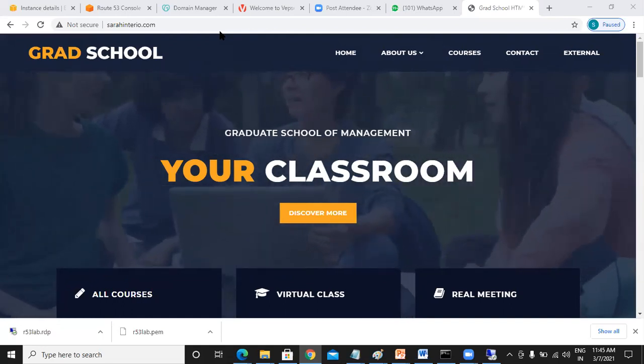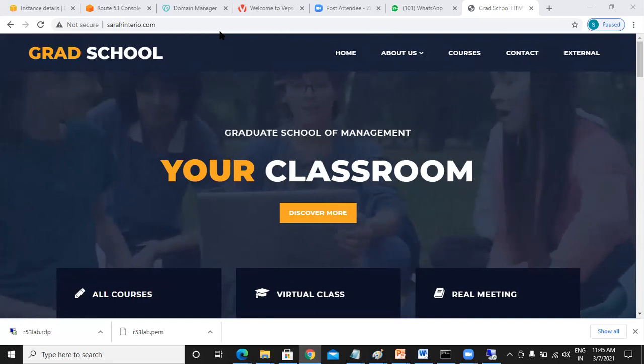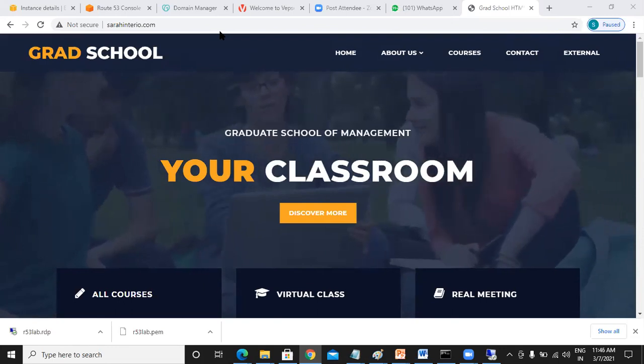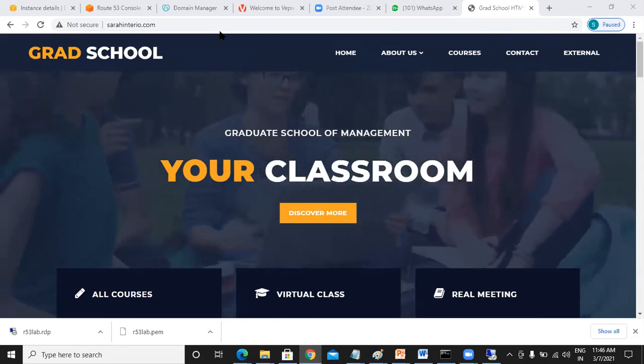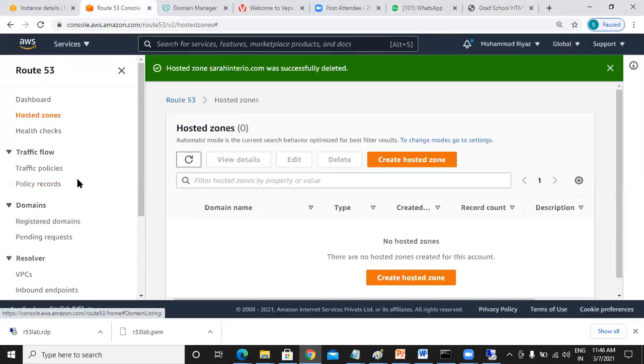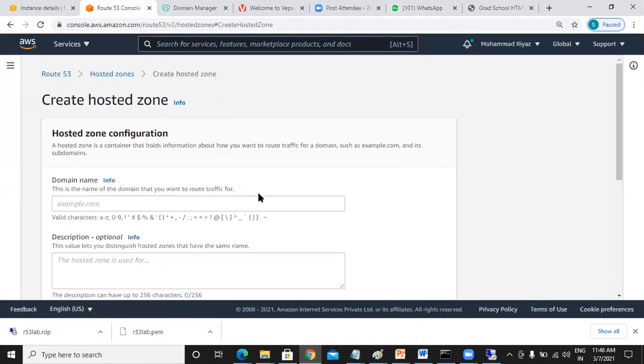Okay. So this is directly through your GoDaddy. Now let's assume that you don't want to use GoDaddy. You want to do it through, take an example, Route 53. Then go here, create a hosted zone. What is the name of the website which you want to access?